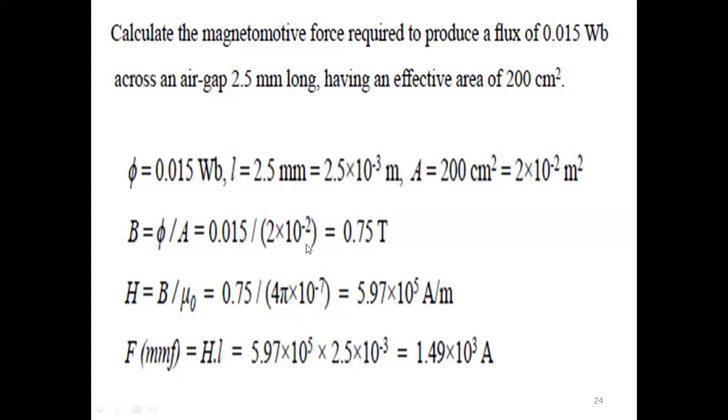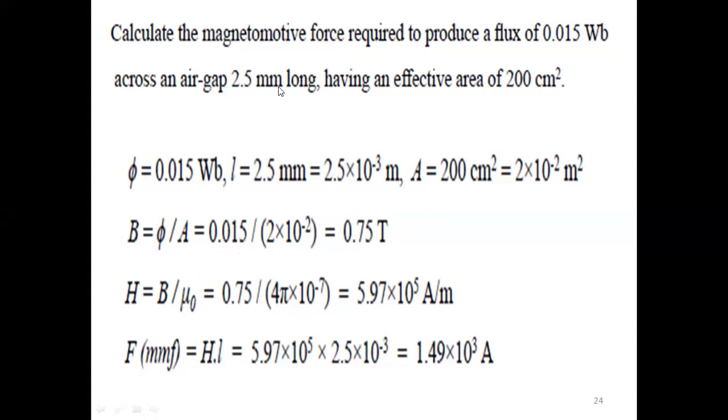Next, if you calculate B here, H is given by the formula B equal to mu H, everyone knows that. So B equal to mu H, then H equal to B by mu you can write down. B divided by mu, where mu equal to mu naught mu R.